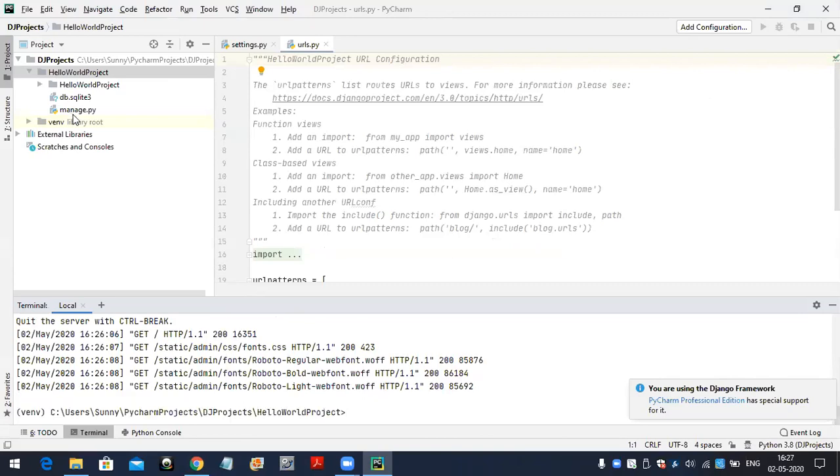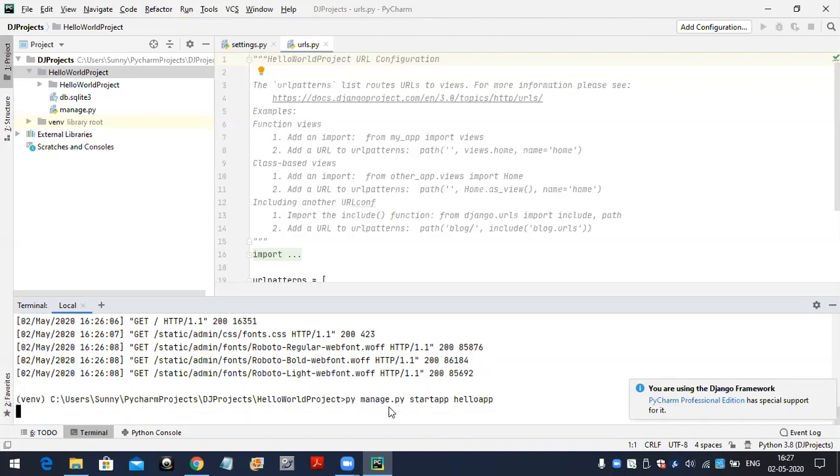We are already in that project location, so here only we have to create it: py manage.py startapp, then the application name. You can give any name; here I am giving helloapp as my application name, and Hello World project is my project name. Inside that I am creating helloapp as the application.